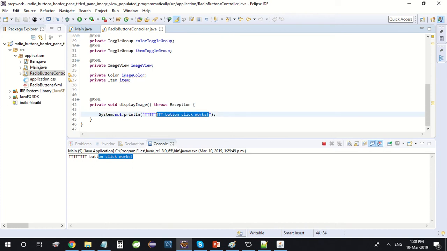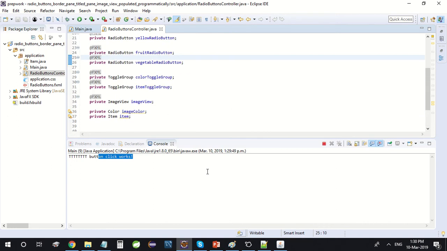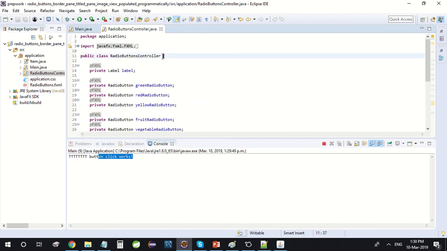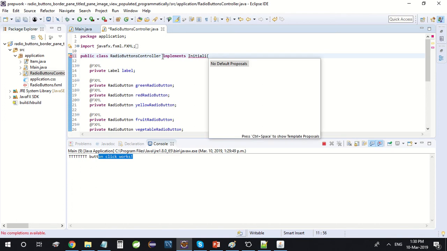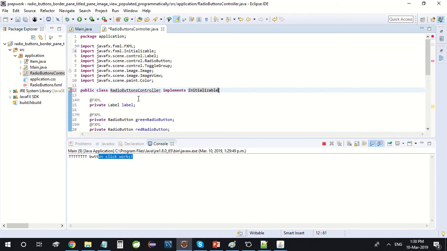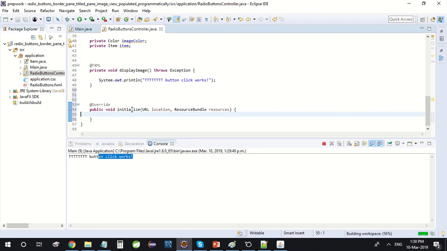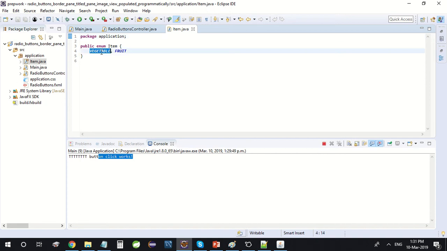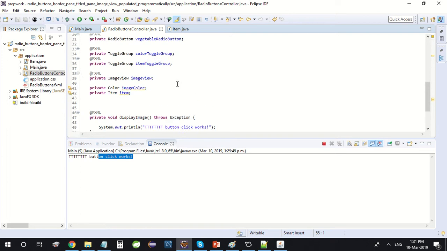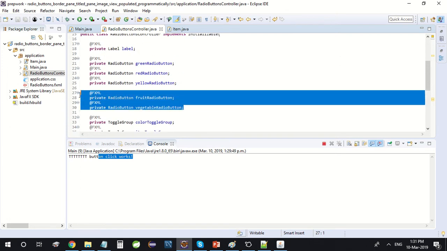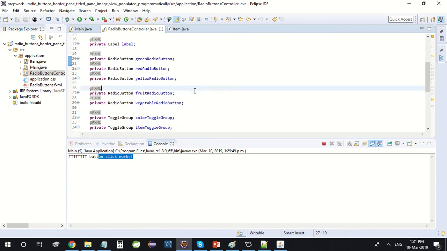So what I'm going to do is first I need to initialize the radio buttons with some values, and again right now I'm not implementing initializable, so I need to do that. Implement initializable. Okay, and I need to add unimplemented methods, which gives me this piece of code right here. And inside I need to put something to initialize the values. So I have the item enum, vegetable and fruit, which I'm going to use to initialize values for radio buttons, vegetable and fruit. The other radio buttons I will initialize by using